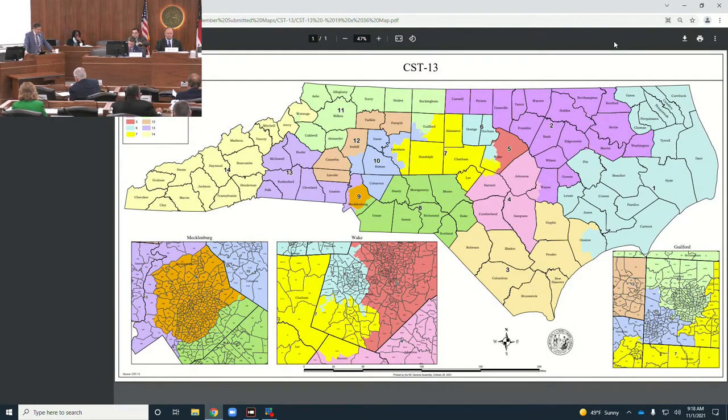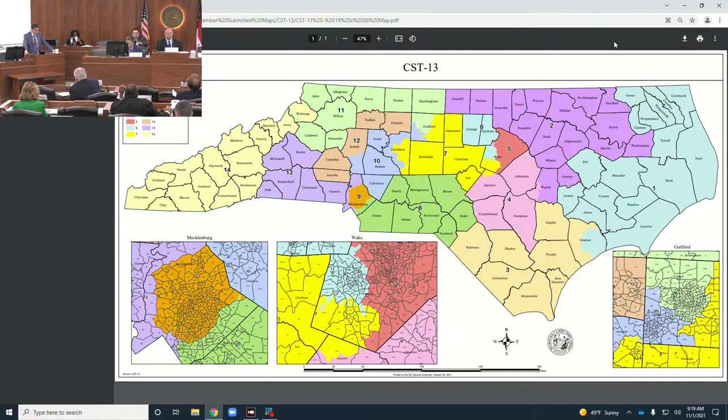Going through our criteria, all 14 of the districts are drawn to zero deviation or to one person less than ideal. There is no point contiguity used in this map. The map divides 11 counties solely to equalize population. There are districts wholly within Mecklenburg and Wake counties, which are the only two counties of sufficient size to contain a congressional district. Racial data was not used in drawing of this map.